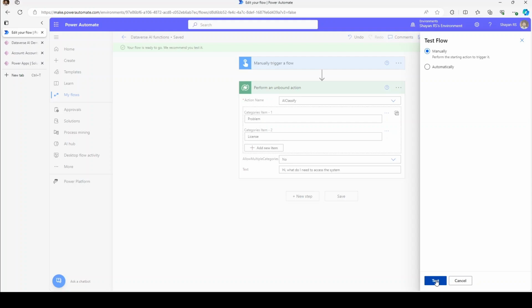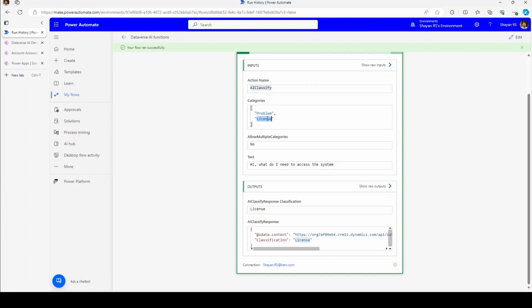Now it says license. So basically this is not an issue, it's rather a question that the customer is asking, what do they need to access the system. So this function has classified this as a license, so you need a license to access the system. Now in one way this helps in classifying based on a text. Now that's the use of the AI classify function. Let's move